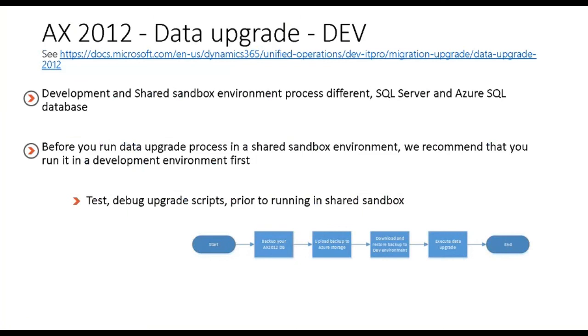So what are the high-level steps? Well, the first thing is, of course, you would prepare your 2012 database in the previous slide. You would run this script, take the modern store and put it into the transactional database. Then you would upload this to Azure Storage. This is for the development system now, not for Sandbox. Then you would go to your development system and download it back into your development system in 365. You would run some data upgrade scripts in 365, and your development system is now done. So again, you prepare the database, Azure Storage, dev system, execute the data upgrade.